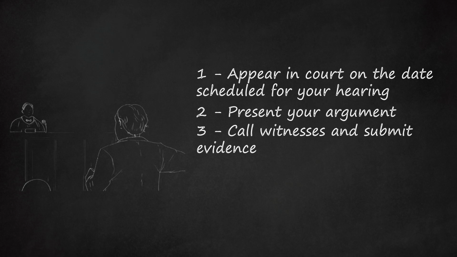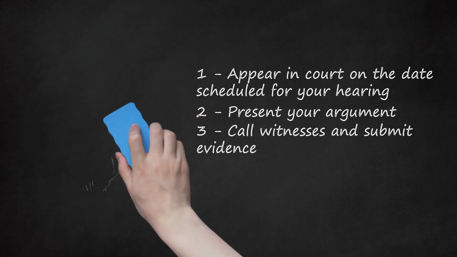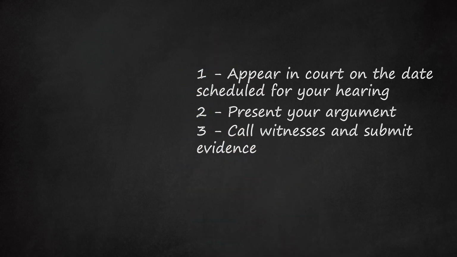If anyone else, such as a relative, a neighbor, or a family friend, has seen the non-custodial parent abusing the child or using illegal drugs in the presence of the child, you should call them to testify to these facts at your hearing. Make sure your witnesses are ready, not just for the questions you intend to ask them, but for possible questions the judge or the other parent may ask them.